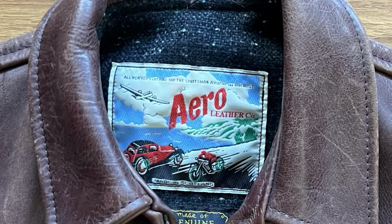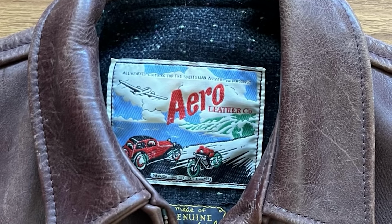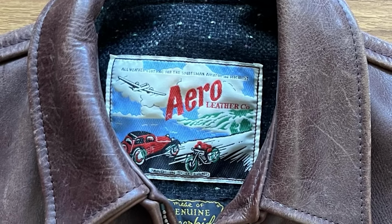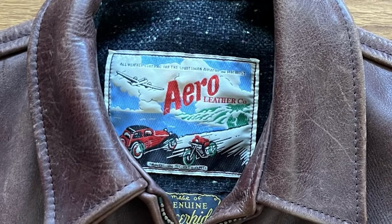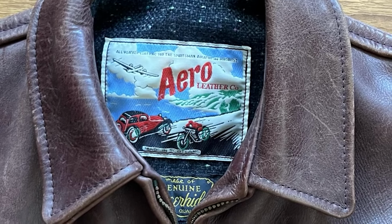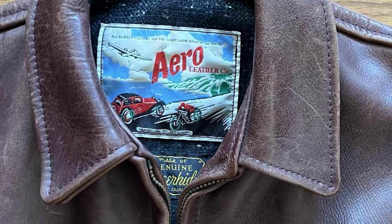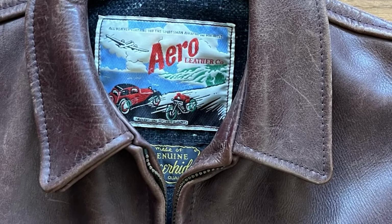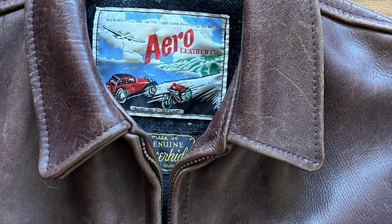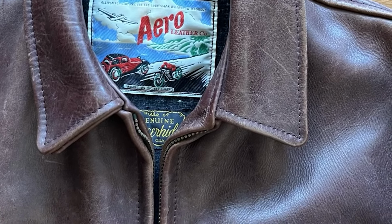Let's talk about the cost and the value proposition that Aero is offering with this Highwayman. So if you buy direct from Aero, you're likely looking to pay between, say, $600 to $900 for this jacket. That depends on if you're buying it from their stock page or ordering custom. It depends on what the jacket is made out of. Some leathers cost more than others. This particular leather is one of the standard ones, so it doesn't get an upcharge. And it also depends on the currency conversion for the pound to whatever your currency is at the time you're buying. So there's a lot of